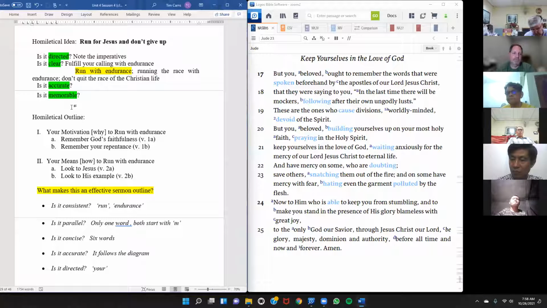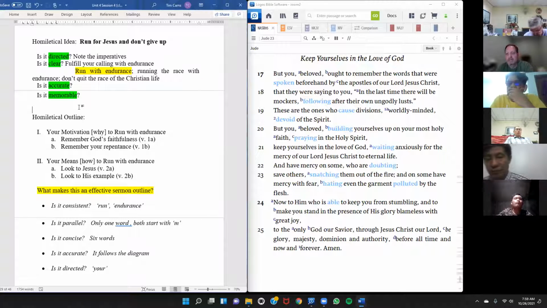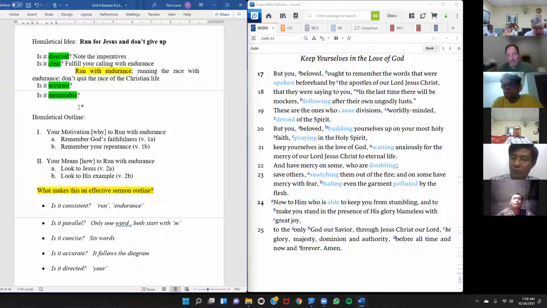That's what you're after with both the homiletical idea and the outline. Now in the outline, parallel and concise are two ways to make it memorable in English. But maybe there's another approach in your language that can be effective in triggering people to remember and to be clear. I think clarity is also important. So clarity can be helped by coming up with a way that you say it that can also be remembered. So the remember, remain, reward also helps it be clear, because now I can see the three main ideas or three points in the passage just from those three words. You guys have any thoughts? I'm curious now how you might be able to